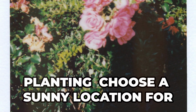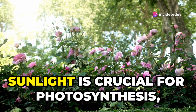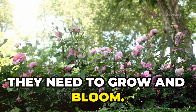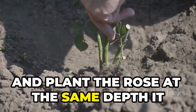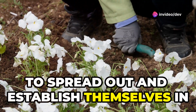Planting. Choose a sunny location for your roses as they need at least 6 hours of sunlight per day. Sunlight is crucial for photosynthesis, which helps the plants produce the energy they need to grow and bloom. Dig a hole twice as wide as the root ball and plant the rose at the same depth it was growing in the container. This ensures the roots have enough space to spread out and establish themselves in the new